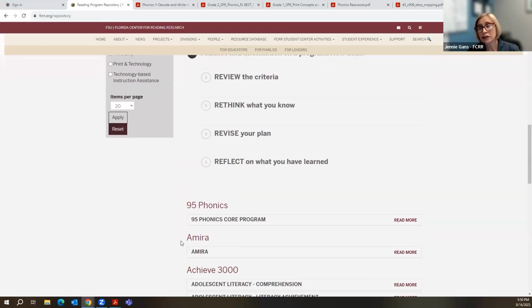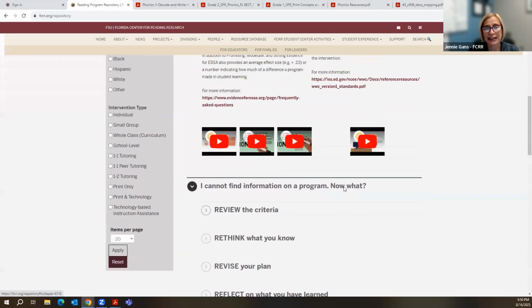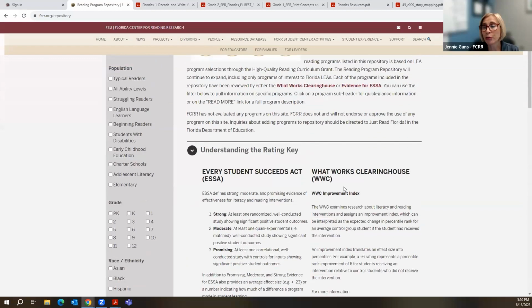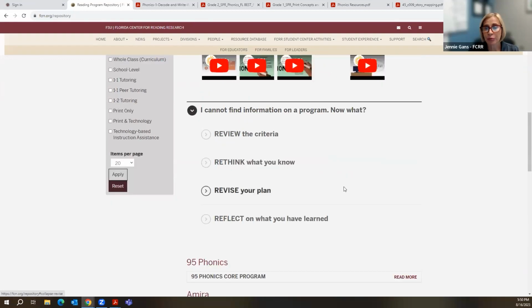And let me say, just because a program is not here doesn't mean that it's a bad thing. It just means that there may not have been studies done so far on that program. But these are the ones that we have found evidence for through our methodologists through just a very big laundry list of programs that our different districts are using throughout the state. We don't endorse one more than another. This is just a place for you to take a look and learn more about these programs.